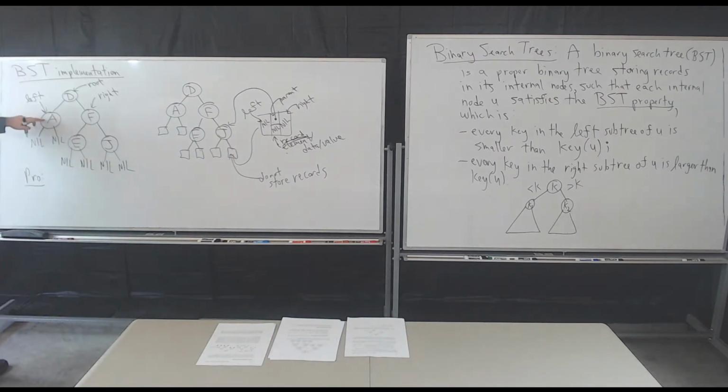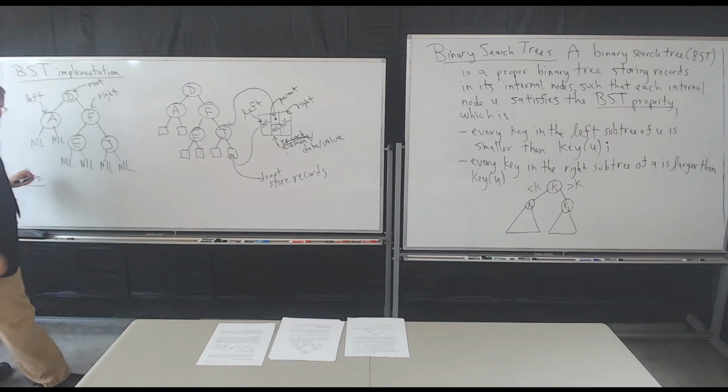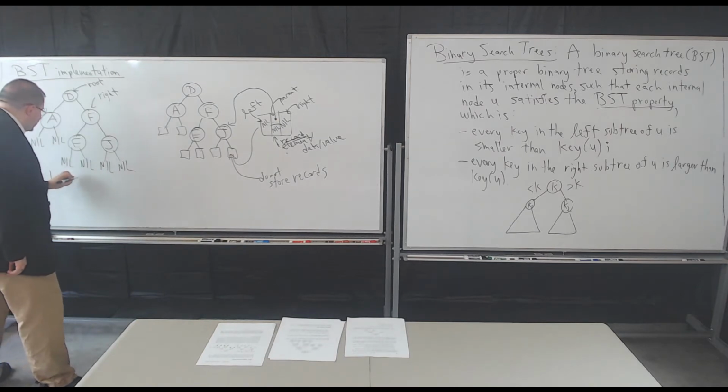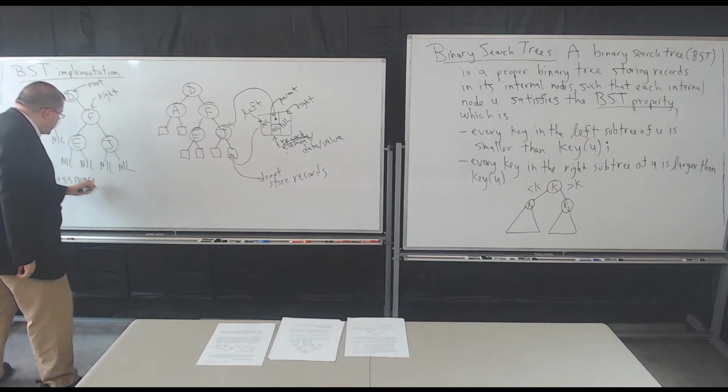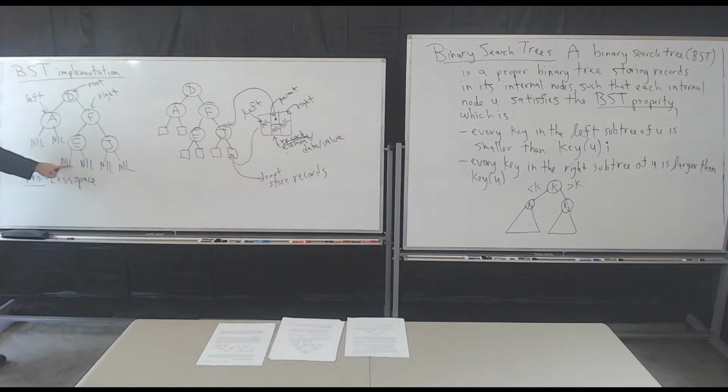So you treat these as the internal nodes in our definition, which is fine. You'd just have to be more careful here. The pro here is that this will use less space. You'll notice that I don't require having nodes at each one of these. I just have to have a null reference. All right? So the pro of this way is that it uses less space, but the con is it makes things a little bit more difficult